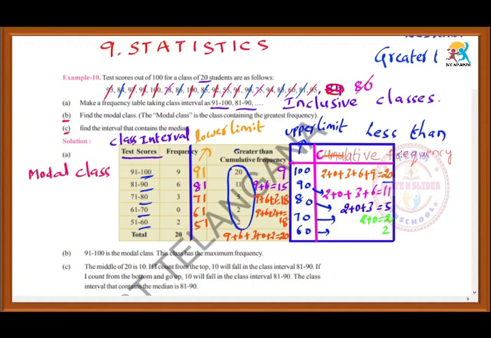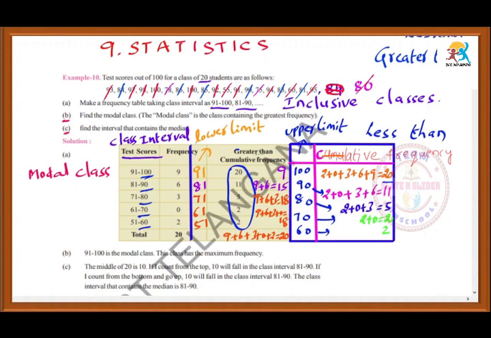And while writing the less than cumulative frequency, you have to take the upper limit. Why here we have to take the upper limit? So we are writing the less than cumulative frequency. Less means take the least class interval, that is 51 to 60. Students will think that here we have the word less than, that's why we have to take the least limit, that means lower limit. So for 51, is it possible to find the number of students who got below 51? No, that's why I will take 60. What is 60? Upper limit or upper boundary. So that we have to take. So like this you have to find the cumulative frequencies.